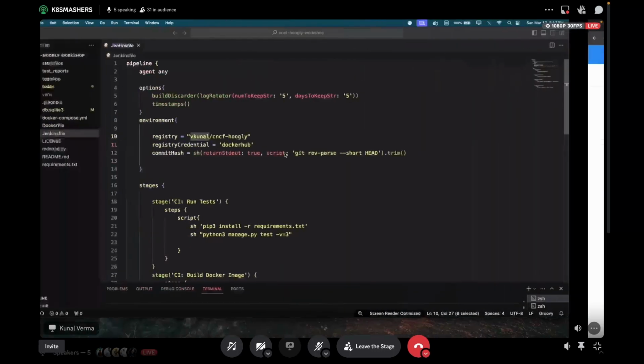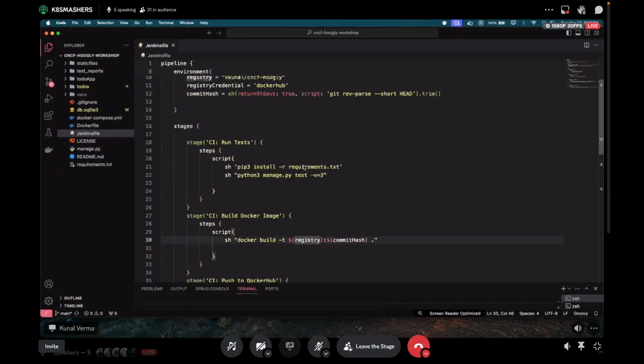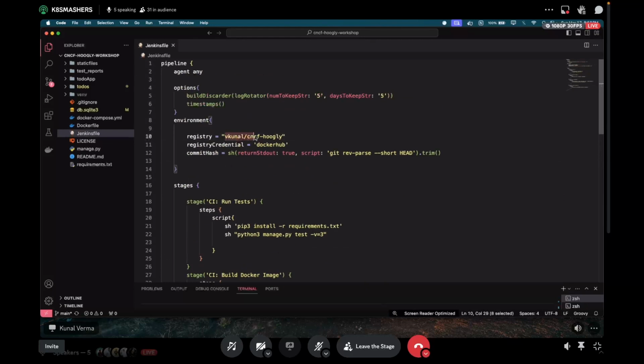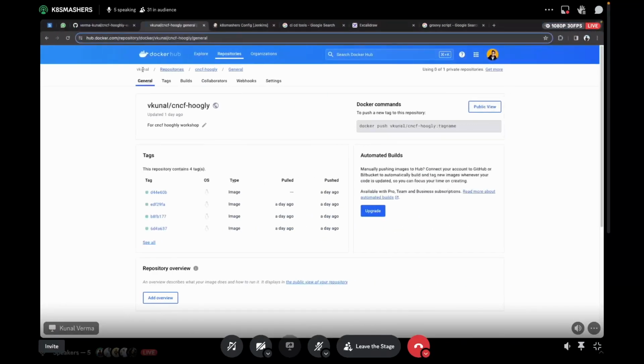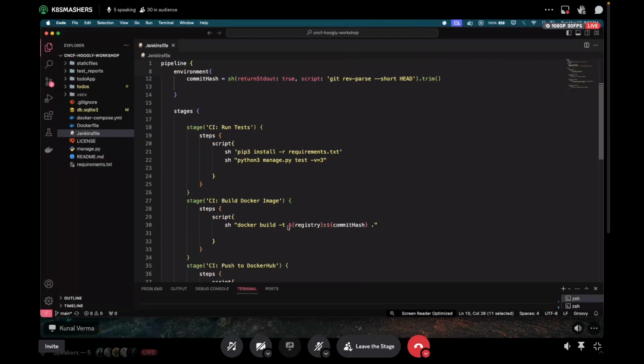Cool. So what I'm doing here is I'm building an image. I'm giving it the name of the registry variable, and the registry variable is set with this particular value. vkunal is the name of my Docker Hub account, right? And cncf ugly is the repository name that we want the image to be pushed to. Cool. So I'm giving it the registry name, and I'm also giving it the commit hash, because as I mentioned previously, right,